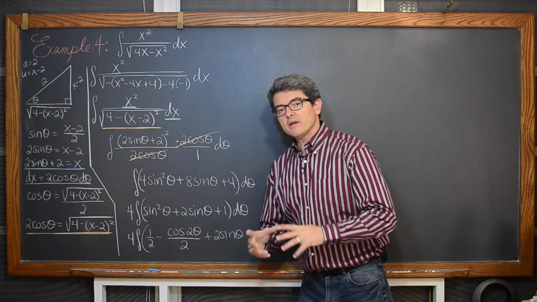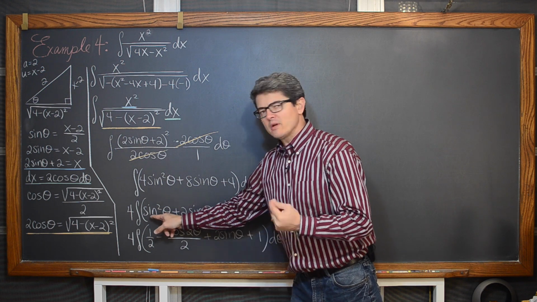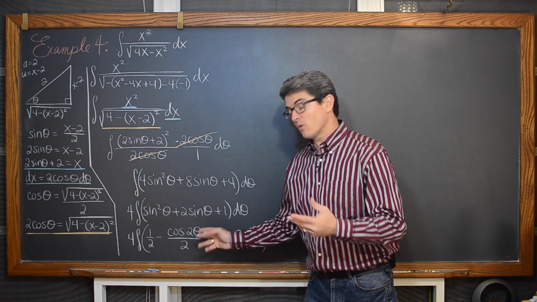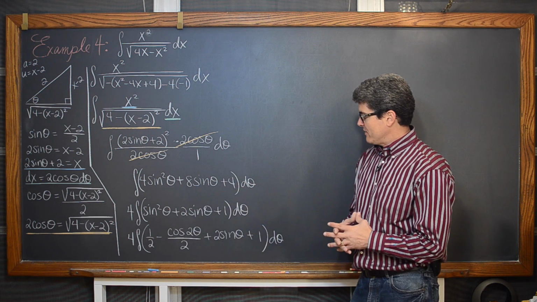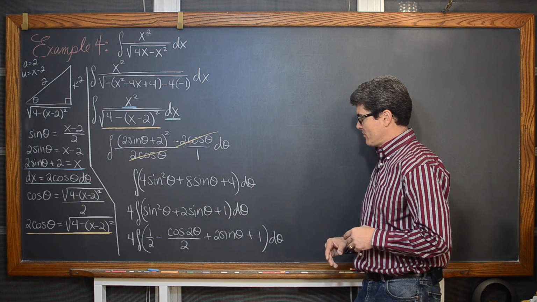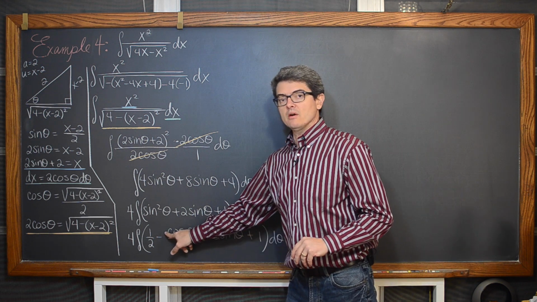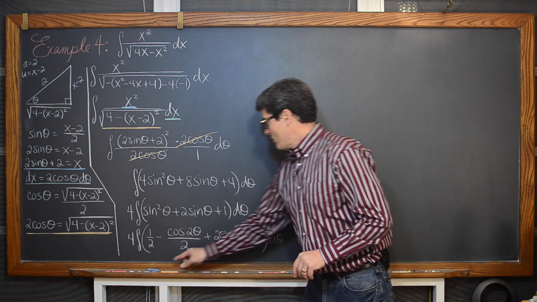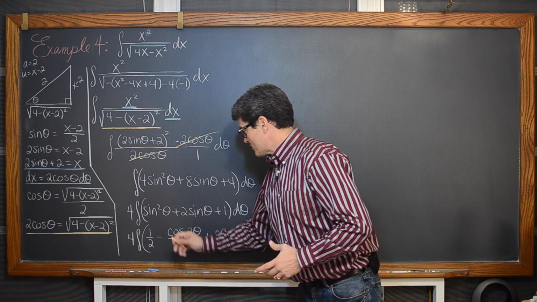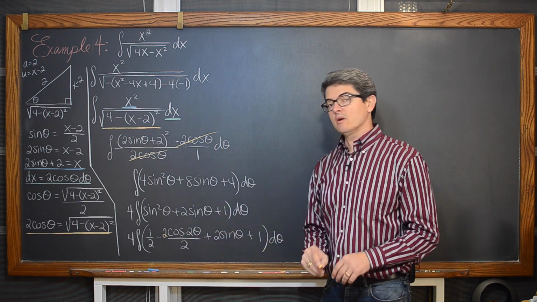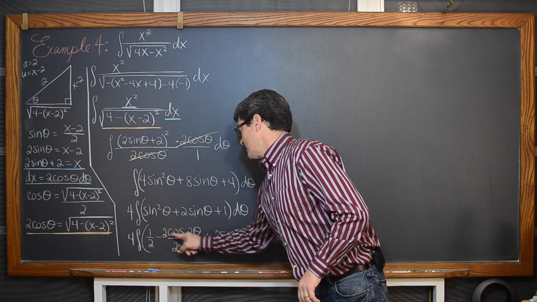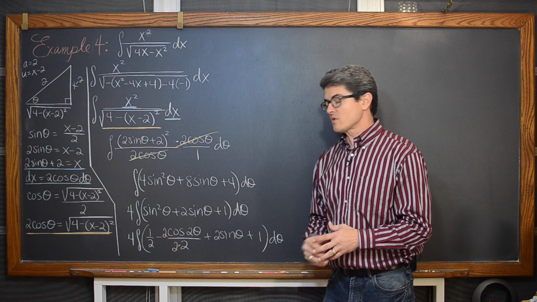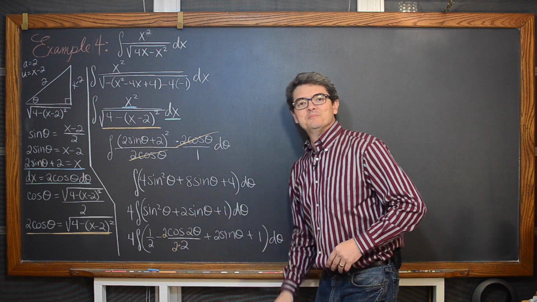So now that we have applied the power reducing formula to rewrite the sine squared of theta into 1 minus cosine of 2 theta over 2, or have it in separate terms like I have here, instead of, like I did in the previous example, going, oh, well, this is 2 theta, I need a 2 here, so I'm going to multiply all these terms by 2 and then show a division of 2 out front, I'm going to just do it with this individual term and introduce a multiplication of 2 here and a division of 2, and effectively just multiply that term by 1 instead of changing all of the terms in my integrand like I did in the previous example.